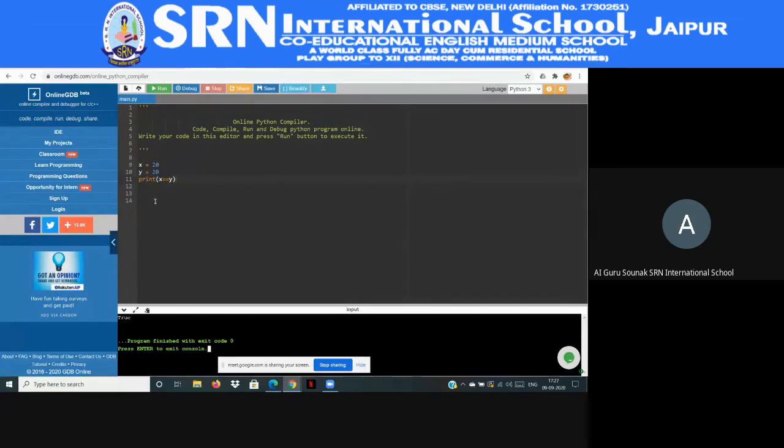Now the last operator. Greater than sign, less than sign, equal sign, you know these now. Now the not equal sign. How will we use the not equal sign in programming? Like this way. Exclamation equal. Exclamation equal means not equal. Okay, clear? In programming language, we write it this way.